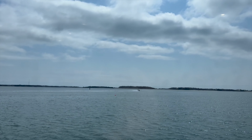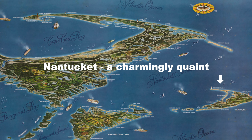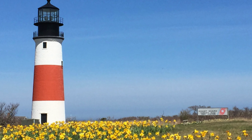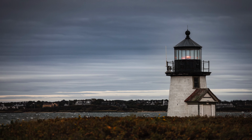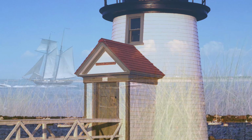We are on our way to Nantucket. Nantucket is a charming island located off the coast of Massachusetts. With its cobblestone streets, idyllic beaches, and picturesque architecture, Nantucket is steeped in history and a rich cultural heritage. The island's unique blend of history and natural beauty makes it a popular destination for visitors from all over the